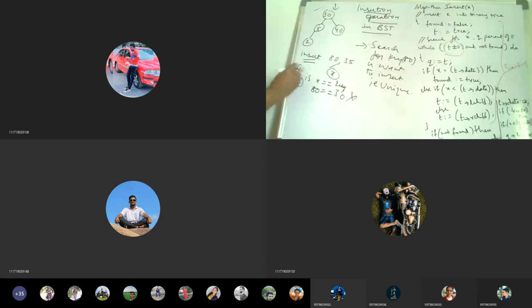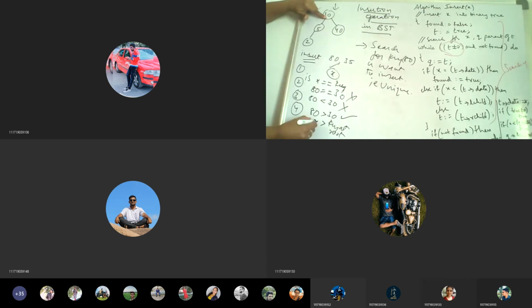This is the second step; the first step is the empty check. And for the third step, is 80 less than or equal to 30? Is 80 equal to 30? No, so that condition failed. What is the next condition? Is 80 less than 30? No, that condition is also false. So what is the fourth condition we have to check? Is 80 greater than 30? Yes.